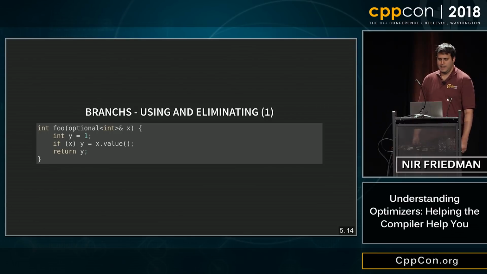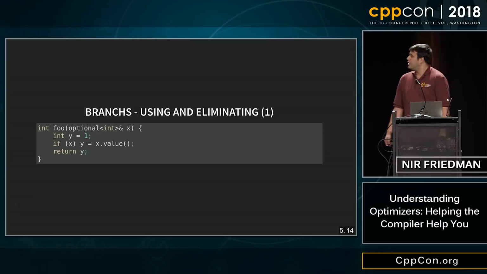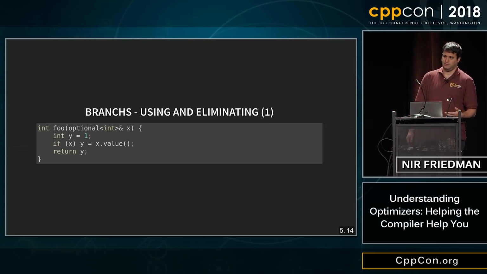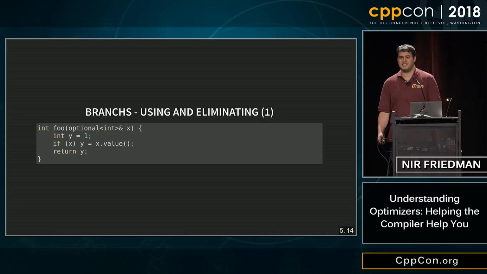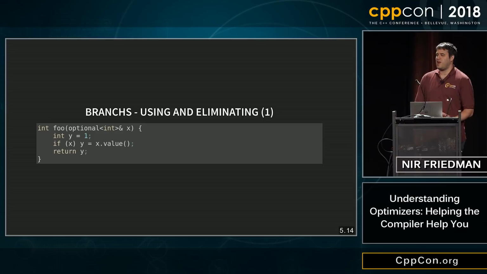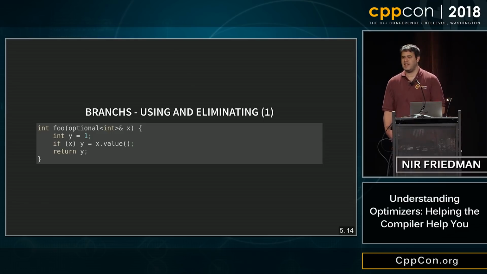Okay, branches. So let's talk about optional. One fun fact about optional is that star value, the dereference of optional, is not checking anything. So it's undefined behavior if it's empty. And .value does a check and a throw if it's empty. I've always disliked this, but I was really embarrassed to say this during my talk. But then Andrei said it, so now I'm in good company, if you were at Andrei's talk. And one of the arguments that I always heard from people who said star shouldn't do the check, that the undefined behavior is okay,